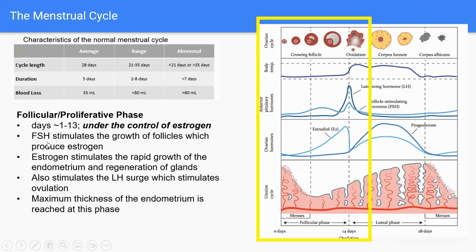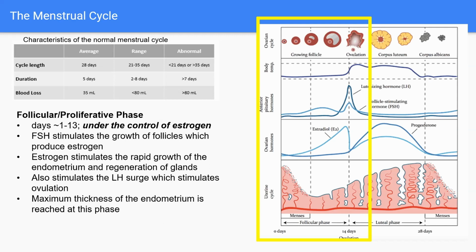Your menstrual cycle can vary in length, but typically for females it's about 3 weeks to a month. The follicular phase is the phase that will vary in length. Approximately days 1 to 13 is the follicular phase. It's under the control of estrogen. So I want you to remember that during the follicular phase, the growth of the endometrium is under the control of estrogen. And the whole point of this phase, as far as the endometrium goes, is to grow that endometrium to get it ready for possible pregnancy, right? So during this phase, our endometrium is really going to grow and become the thickest.